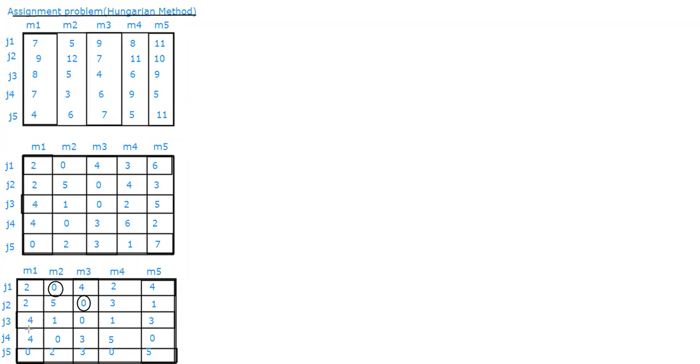Now the third one I am going to check. When I am going for the third one, I have got 1 zero here. But just now I said what? Whenever we are assigning, we should check that in that row or in that column, a previously assigned 0 should not be there. So I got 0, but still I cannot assign it. Why? Because when I'm checking column-wise, 1 zero has already been assigned. So I should not touch it, no? So I'm going to leave it. Such zeros, what do we do? We'll put a cross mark, because I cannot assign it, that is the meaning.